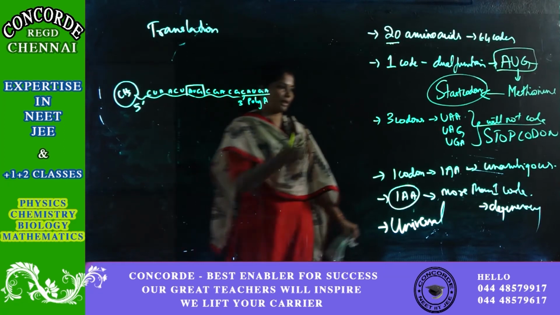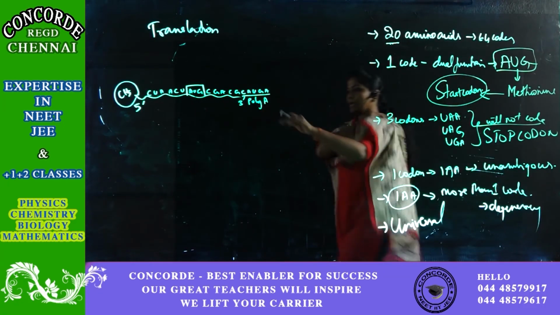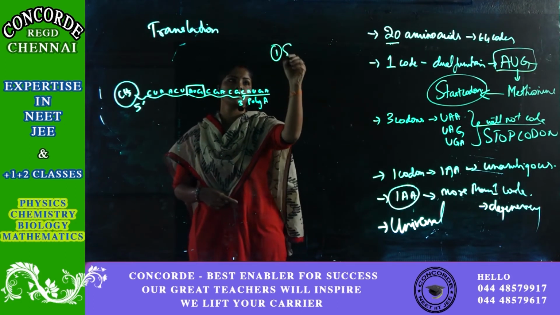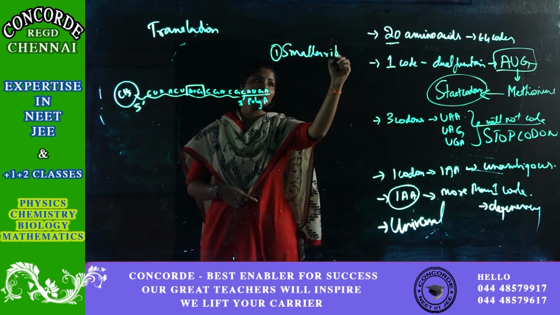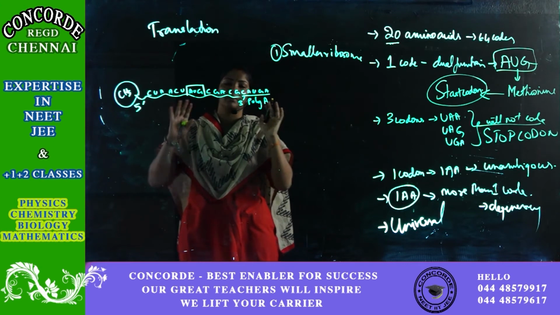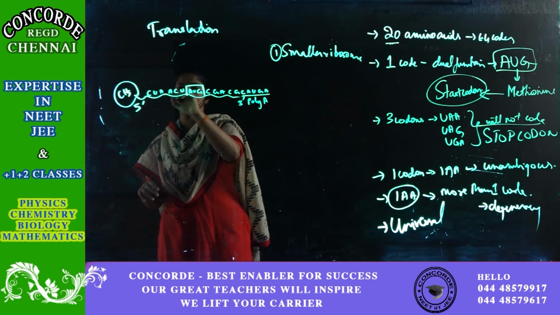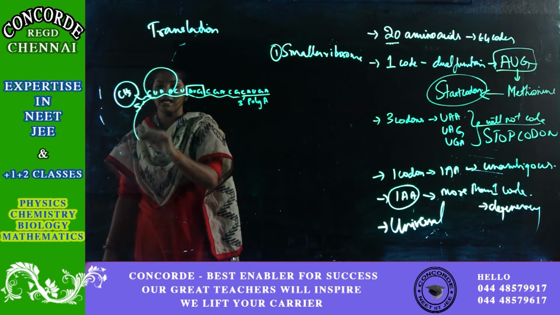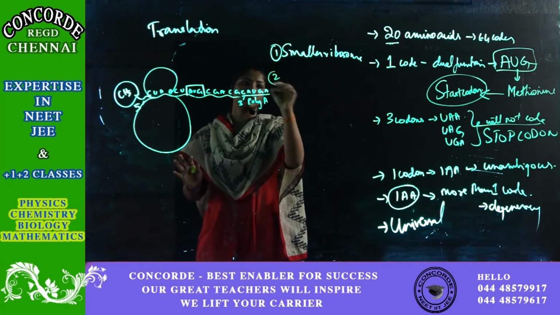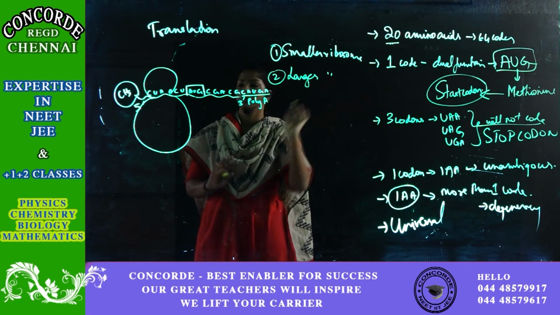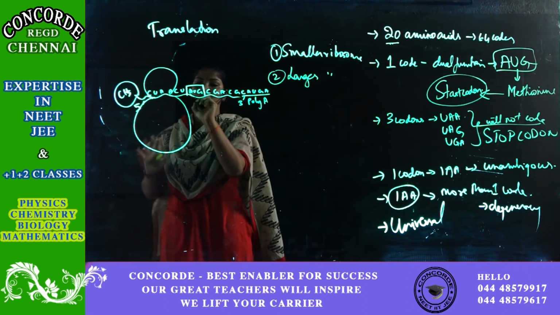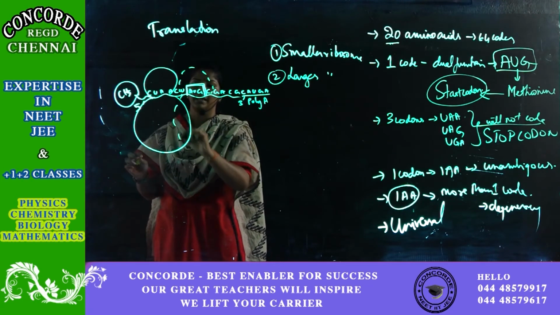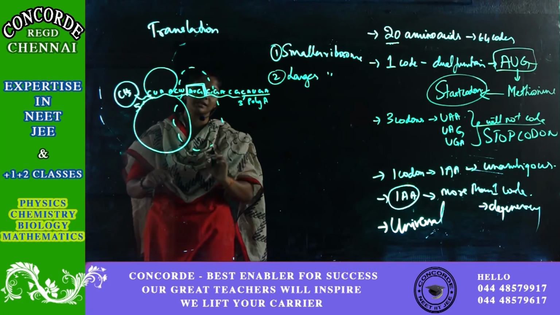You know what the genetic code is. Now, the mRNA has come out. As soon as the mRNA has come out, the first step is that the smaller ribosomal unit, you know the ribosome is the site of protein synthesis, will bind to the mRNA. Later, the larger ribosomal unit will come and bind to the mRNA. Then they will slide and scan for the start codon.